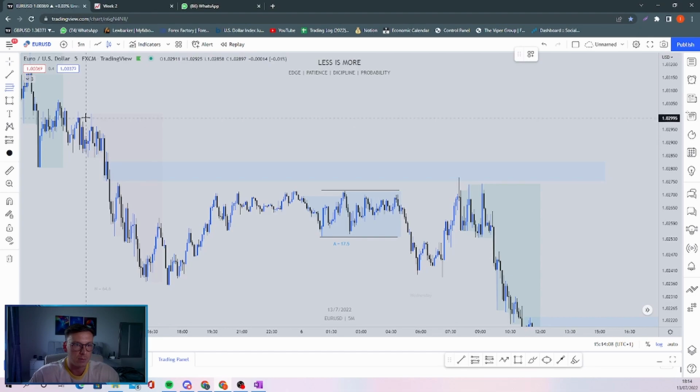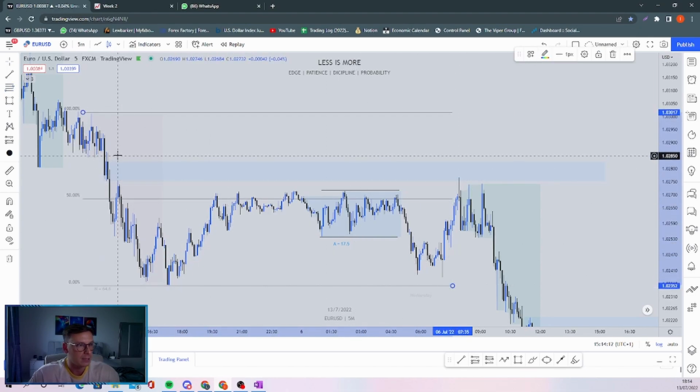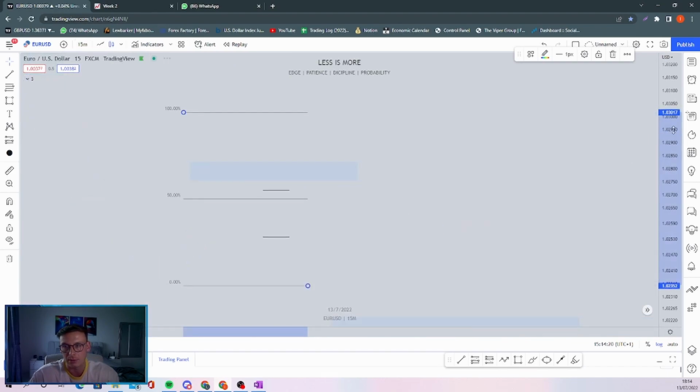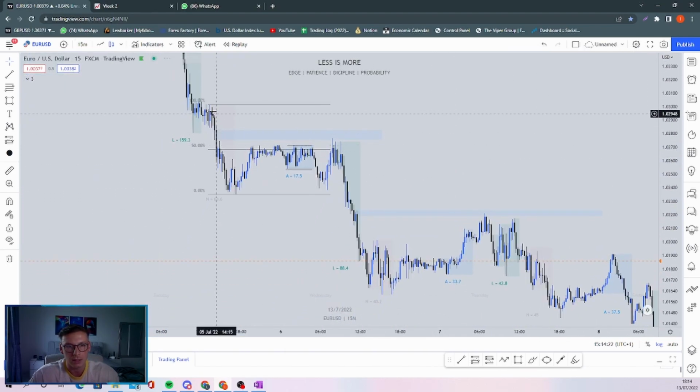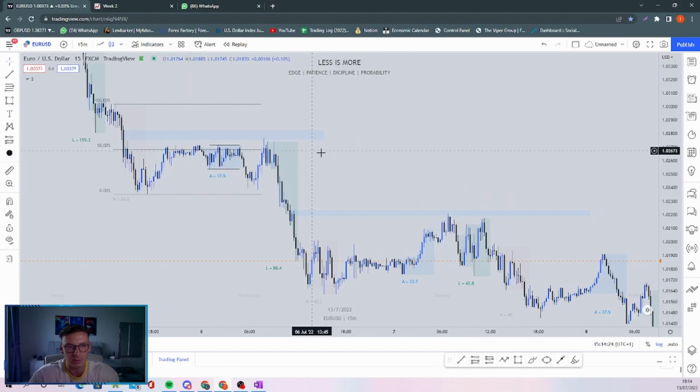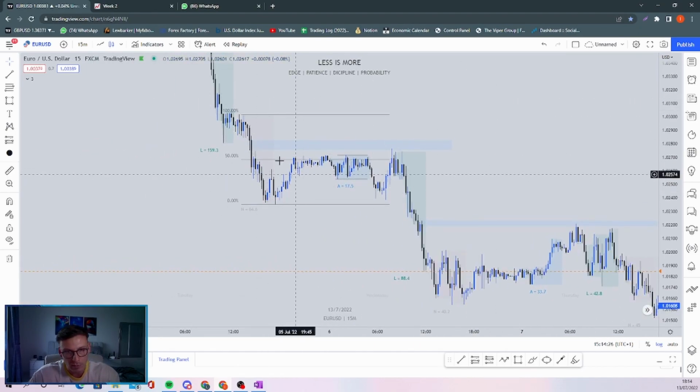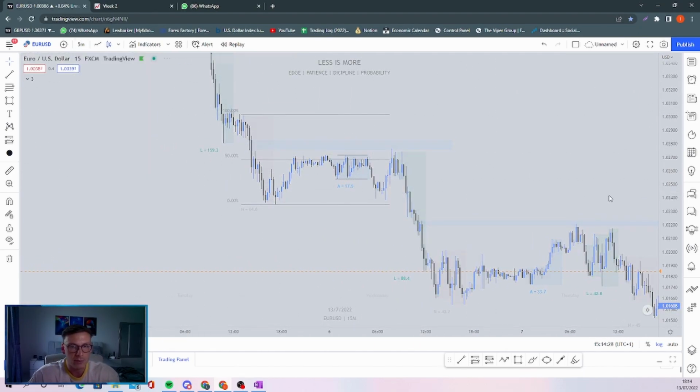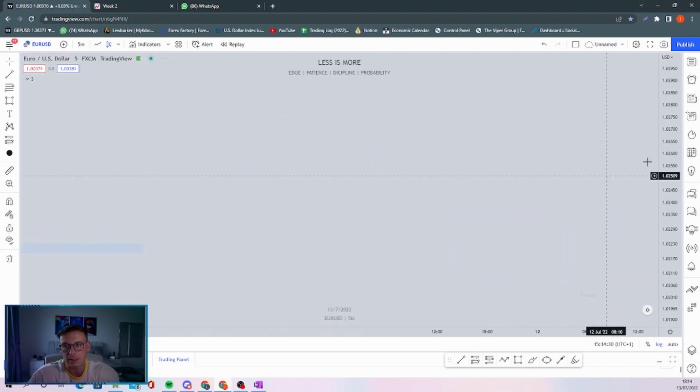Right now we had created this range here, from this high to this low. We were floating around a premium of this, I think it's a 15 minute. It's a bit clearer on this 15 minute price range. So what I did is I marked out my price range, had a look to see where we are, and went back to the 5.